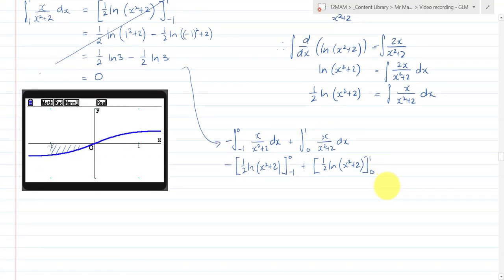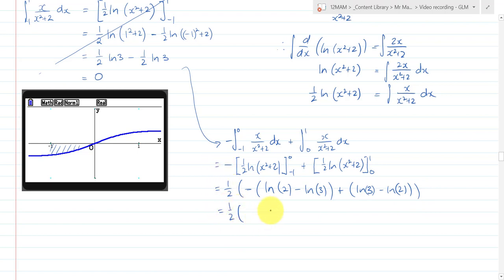And of course, I now get the situation where the half is a common factor, so I'm going to take the half out. And I've got negative of, there's going to be a lot of brackets here, but I'm going to be really careful. In fact, I've got one term each, so that's okay. Log, I'll put in 0 first, which just gives me log of 2, minus -1 gives me log of 3, and then I add to that log of 3, put in the 1 first, minus log of 2, and of course this is equal to